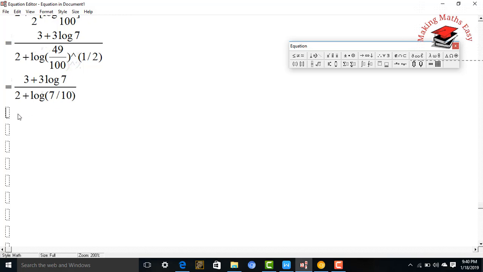So again we will make a simple change over here. So 3 plus 3 log of 7,